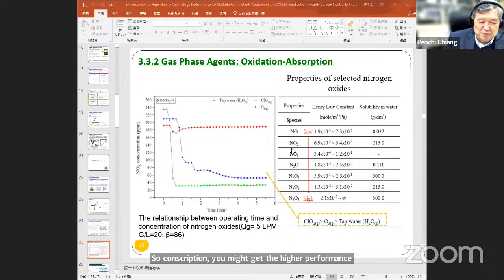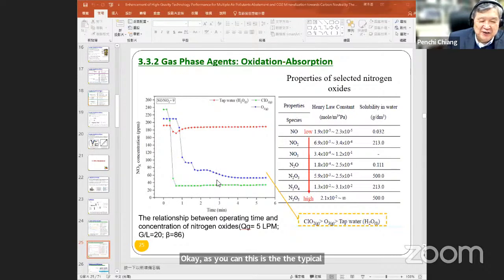So this is a very important message. But once again, from the combustion process, the nitrogen oxide includes so-called fuel NOx, thermal NOx, and prompt NOx. But in this research work, we just concentrate on the NOx generated from the chemical industries, not from the combustion process. So that means the different chemical species in the nitrogen oxide will dominate the performance. As you can see, this is the typical